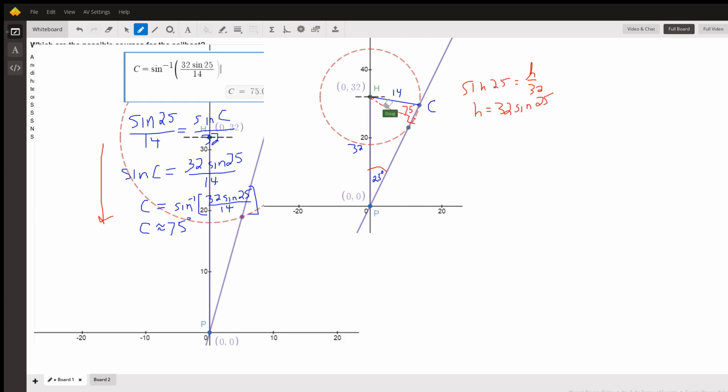That means that this angle right here is 75, 85, 90, about 180 minus 180 degrees. Okay, so to get from the harbor to the boat at point C, one way to do it